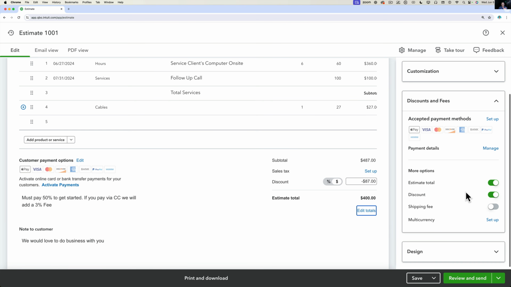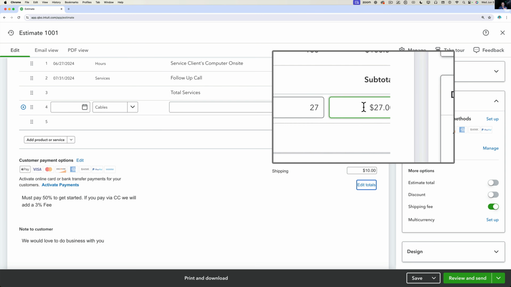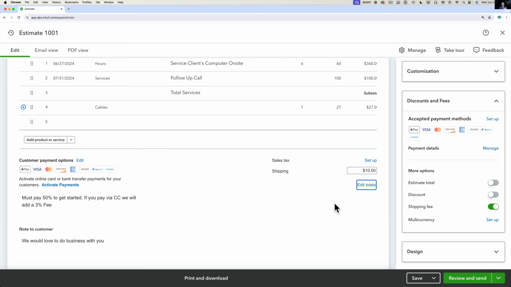And here the discount and fees, this is where you can choose what kind of information you want to see here in the bottom. So if I uncheck estimate total, it removes that. If I uncheck discount, it removes the ability to do discounts. If I want to add a shipping fee, click on shipping fee, and I can add a $10 shipping. Let's say I'm going to overnight the cable to the client or something like that, and I want the shipping